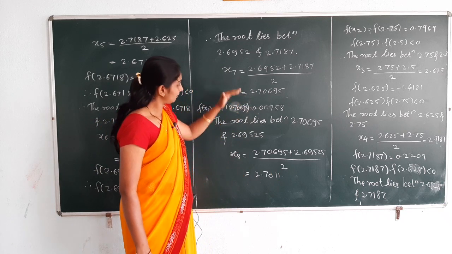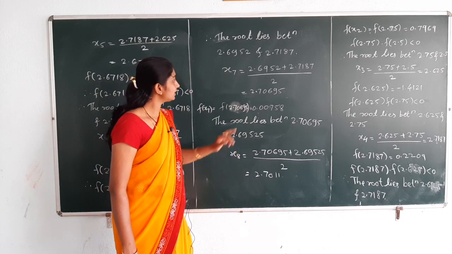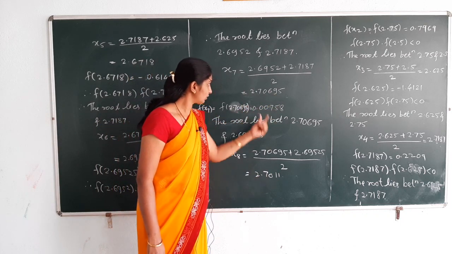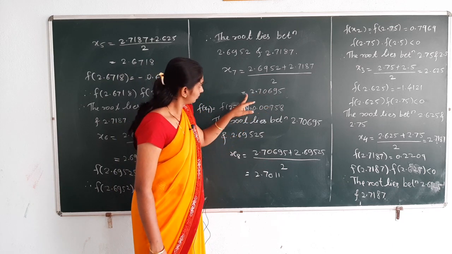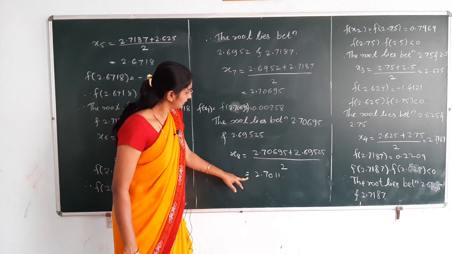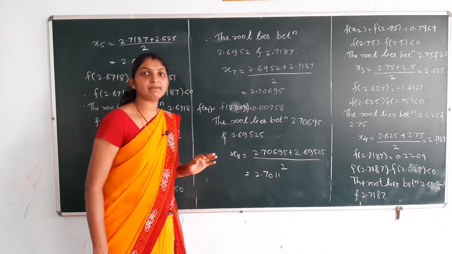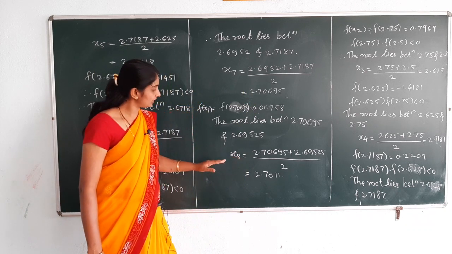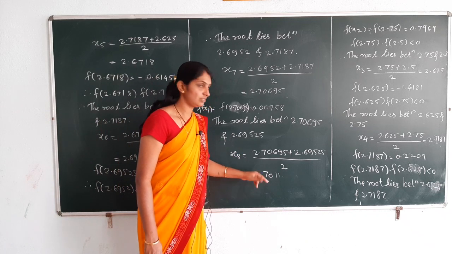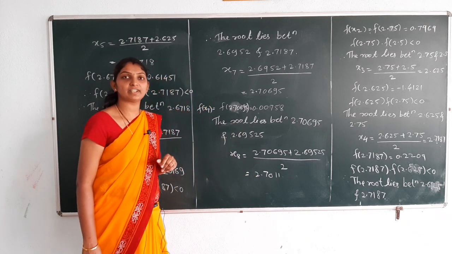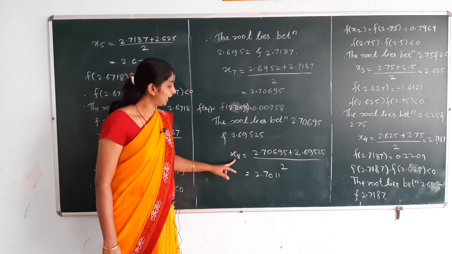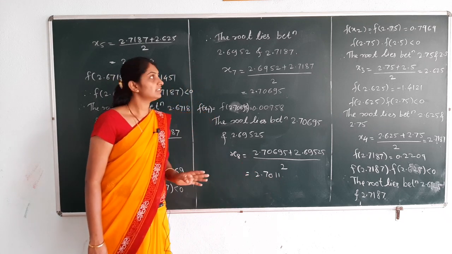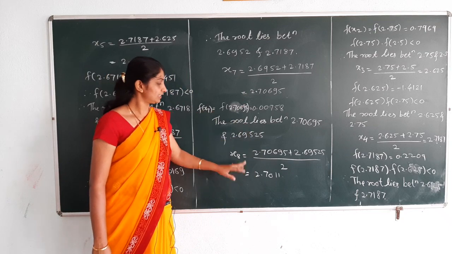2.7011. Here we compare x7 and x8, the values are nearly equal, that is 2.7069 and 2.7011. The values of x7 and x8 are near about the same, therefore we stop here. The exact root, that is by using the bisection method, x8 is a root of the function, that is f of x is equal to x cube minus 4x minus 9. Therefore the answer is x8 is equal to 2.7011, which is the root of the function, and we stop here because x7 and x8 are nearly the same values,